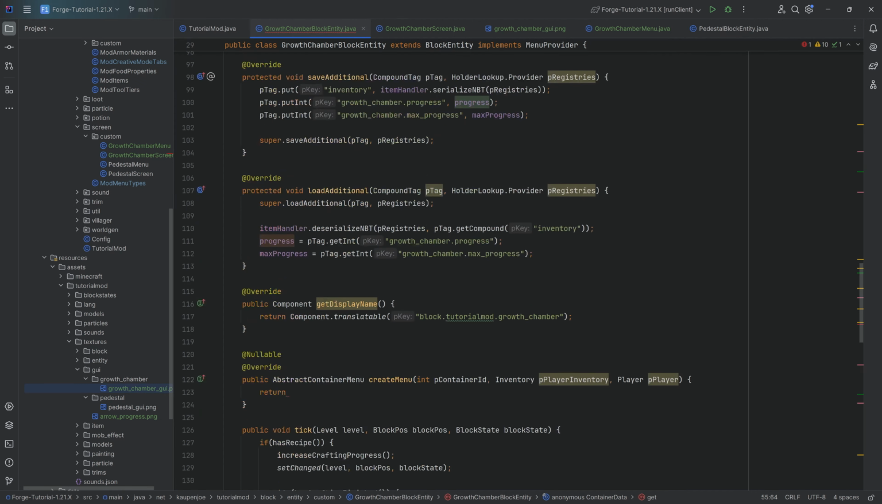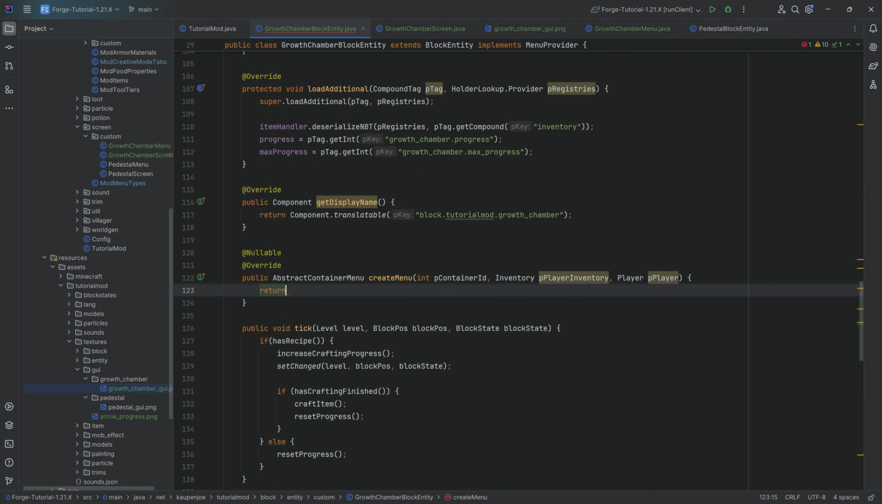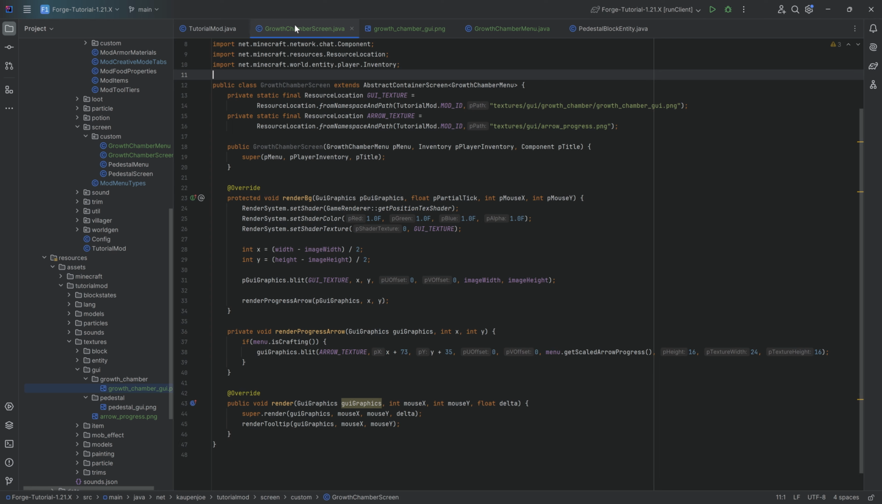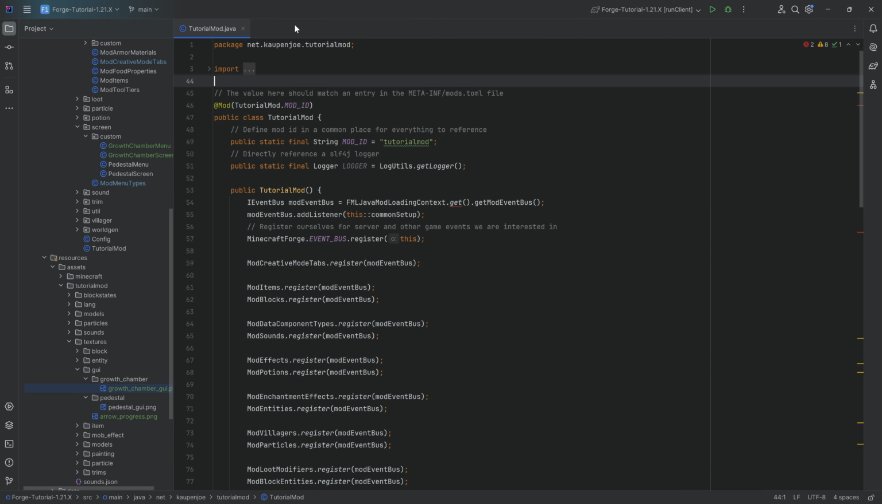In the block entity class, we can finally create our new menu. So a new Grove Chamber menu, passing in P container ID, passing in P player level, or player inventory rather, passing in this, and then passing in this.data. There we go. That is exactly what we need. The rest here is done. We can close this, we can close the screen, we can close this, we can close this, we can close